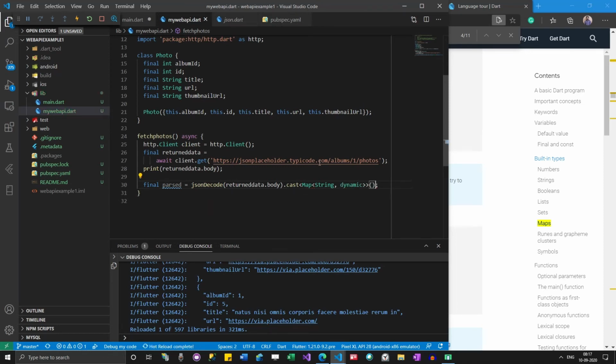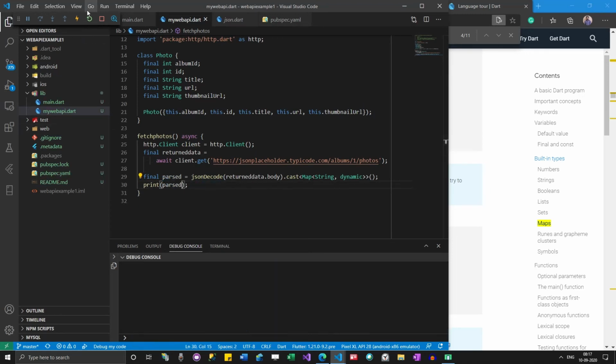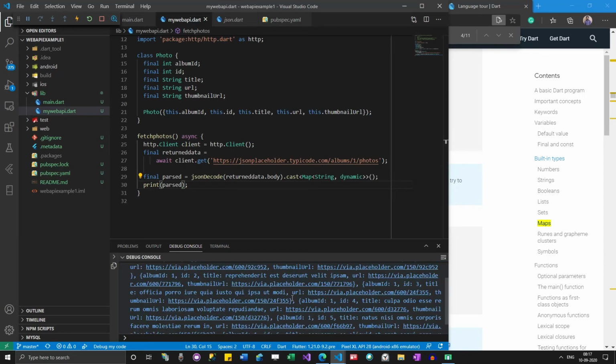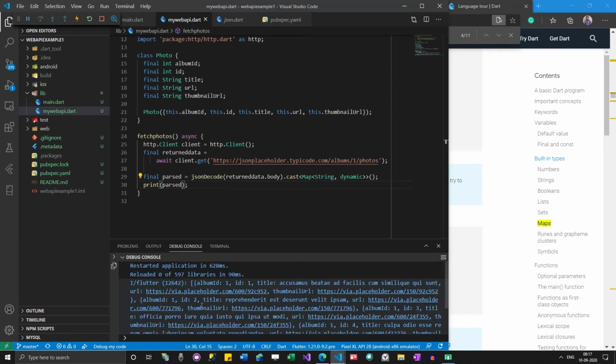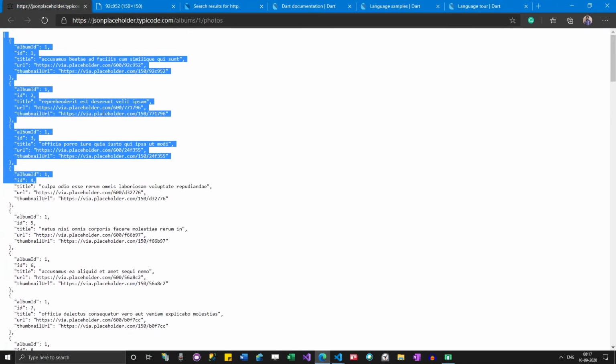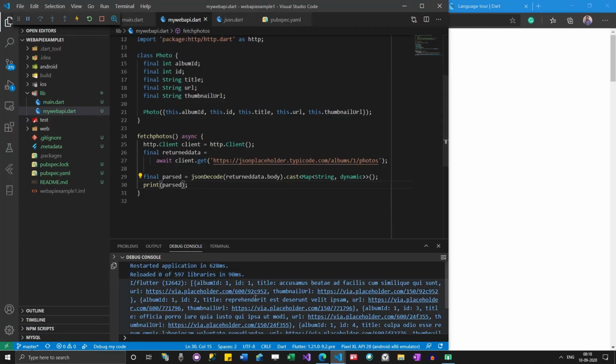Now let's see what's there in this parsed. Now you can see that it is slightly formatted. When you compare with this, you can see it is slightly formatted.